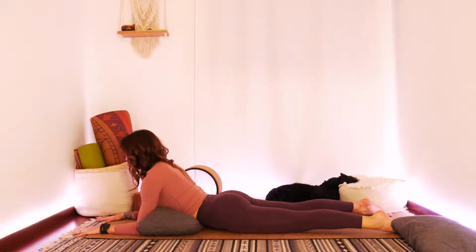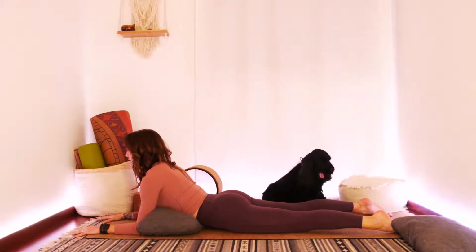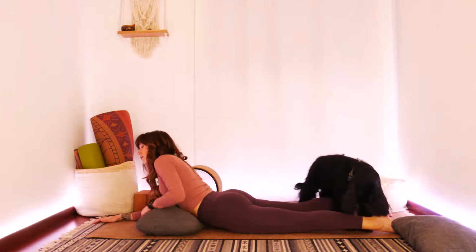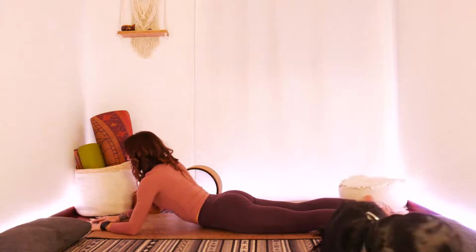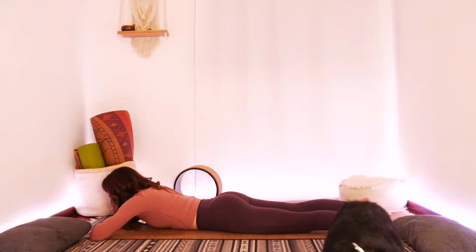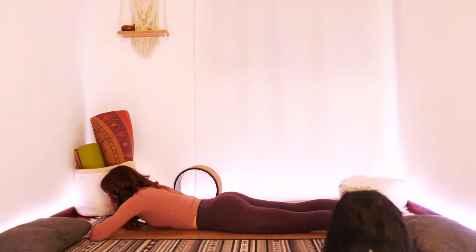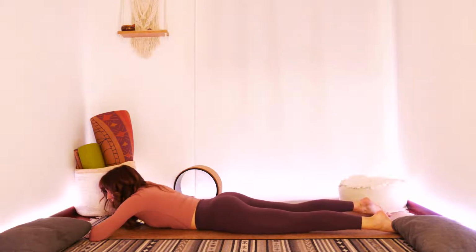We take one more nice, long, strong inhale. And on the exhale, we're going to just remove this bolster cushion from under us, and gently release our head down onto the mat, crocodile. So we're going to place one hand on top of the other. Our forehead comes to the mat. We release the glutes. We release the legs, and we just gently move our hips from side to side,